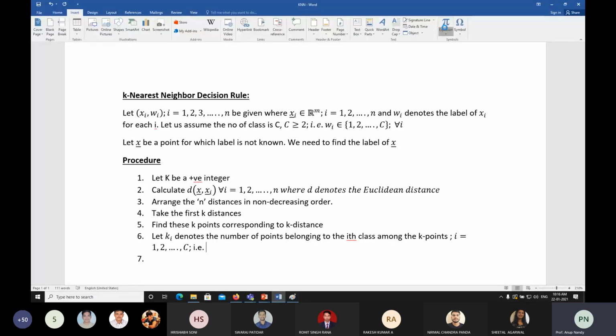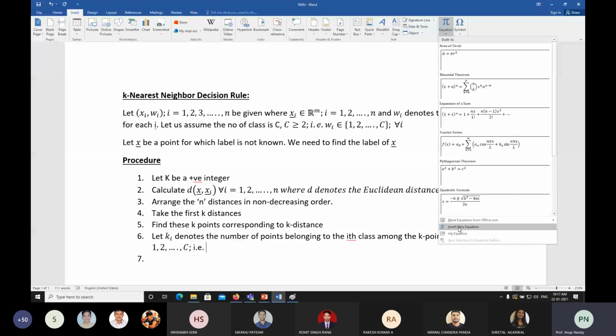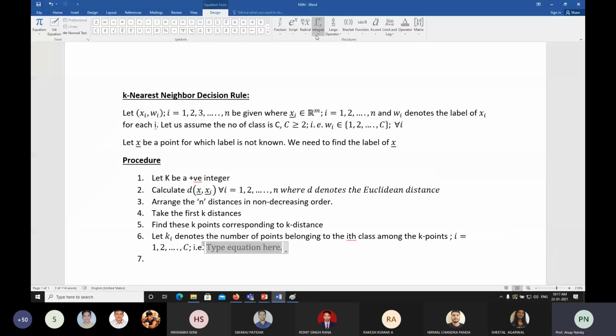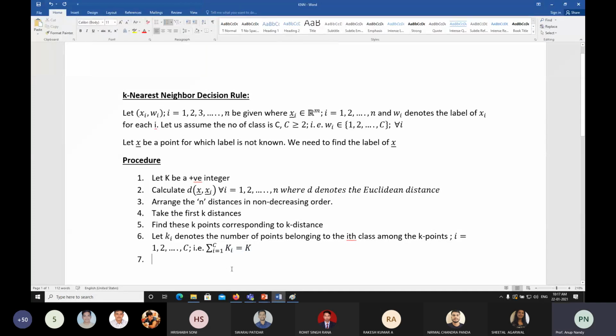Or you can write this way, that is, summation of i equal to 1 to c, ki equals k. Okay, so now if k is equal to 3, then you need to find how many points